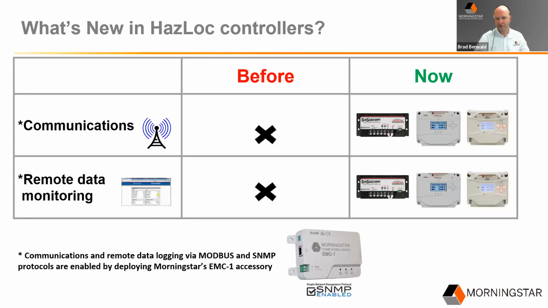And then a couple additional options. For the first time, communications. The Sunsaver was one product at the very low power level that did not have data connectivity. But now with the Sunsaver MPPT and both versions of the ProStars, all of which are data enabled, we're seeing a lot of renewed interest in SCADA and communications links to these products now that they can be used in HAZLOC environments. And that's going to contribute very much to better remote data logging. Luckily, the oil and gas industry and SCADA is designed around Modbus, which our products have used since their inception. So it's a natural fit.